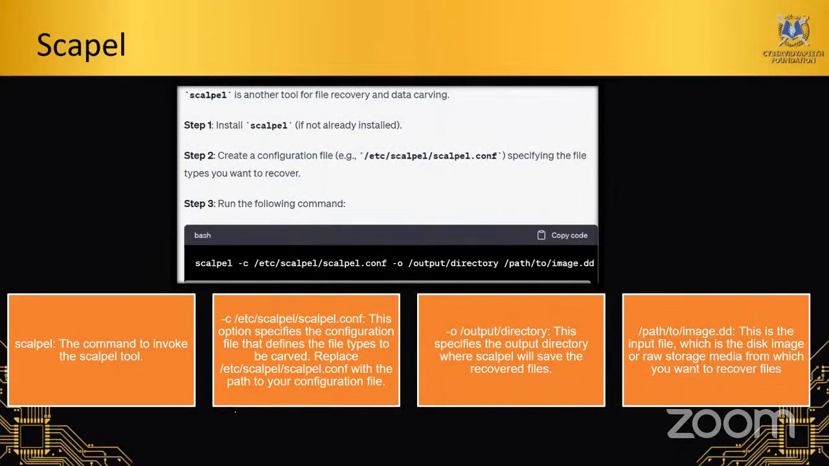And again, the command is very similar, very simple. It's not very complex. Here you have to put the scalpel, configuration files, and then output directory and path to the image.dd. Straight away, three steps,